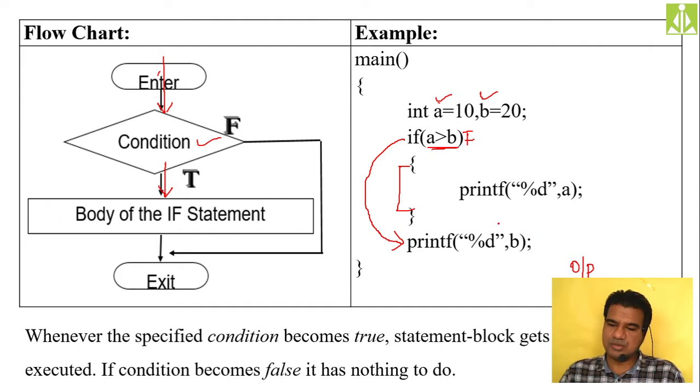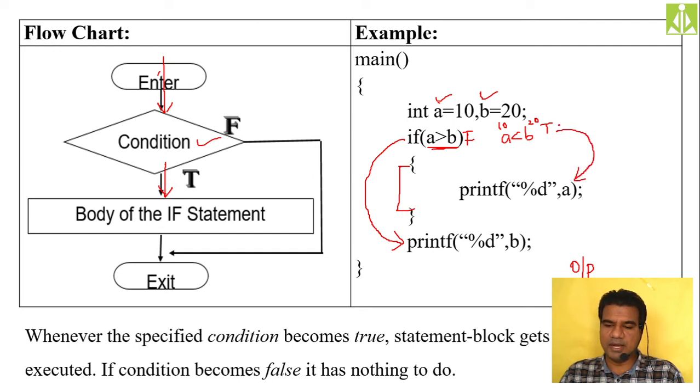So let us assume a different condition over here. Let's put A value is lesser than B. Like this you consider. So now what is A value? A value is 10 and B value is 20. The condition is satisfied. So it is true. So now what do I have to do? I have to consider the body.